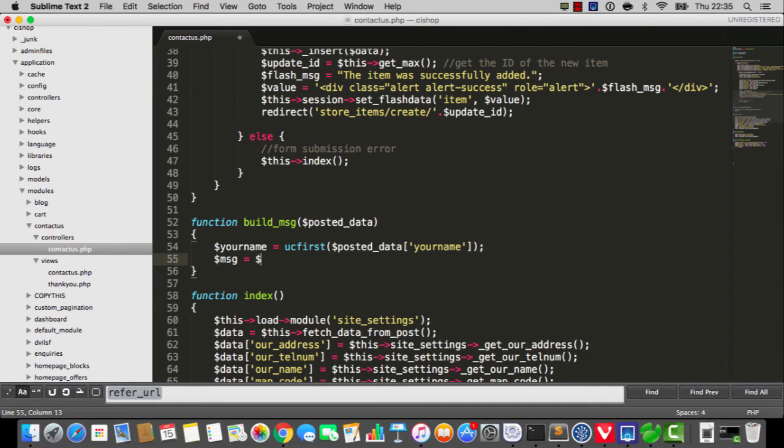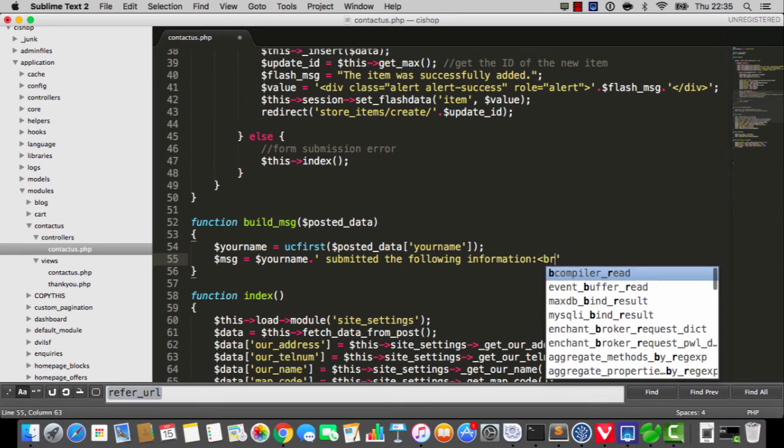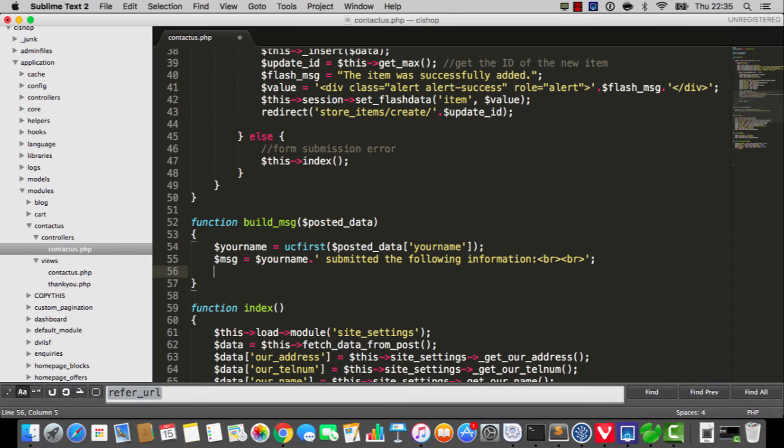And the actual message itself will just say your name submitted the following information. Something like that. And then we'll just say, let's have a look, something like MSG also equals, and we'll have it saying